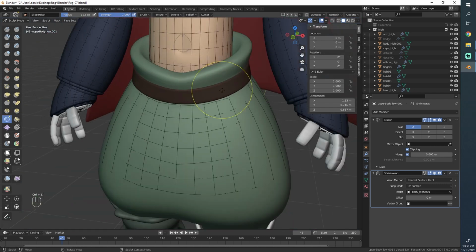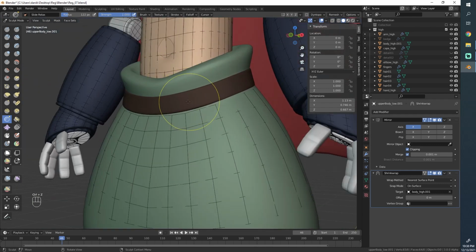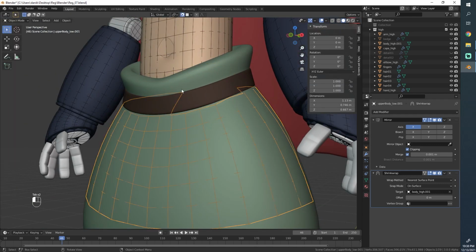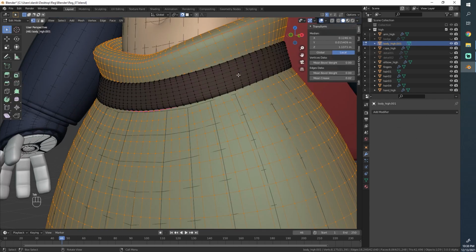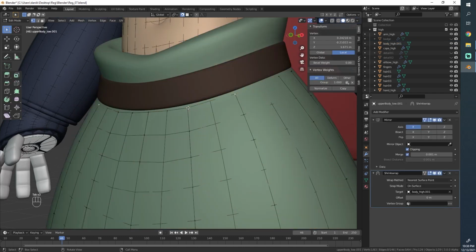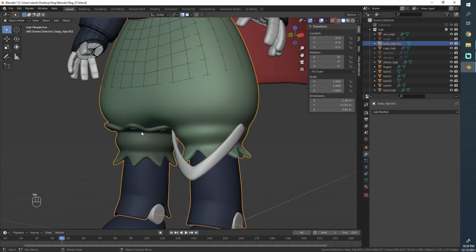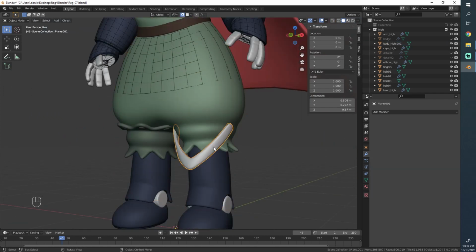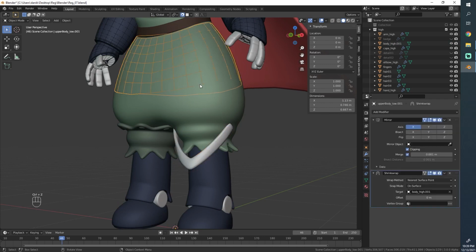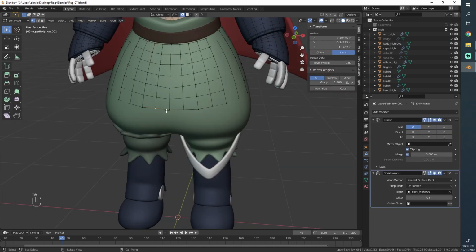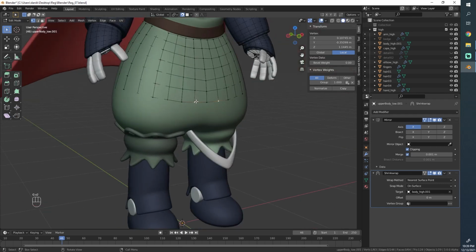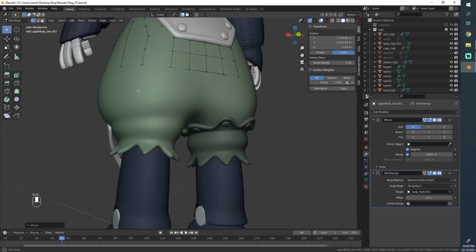You just have to be mindful of the fact that the belt here is a different object, I believe, so it won't snap to that. But we could, oh, actually I was wrong. It's one object, so it will just snap onto it without a problem. But I think down here we have some different parts. Actually not even. Yeah, so it won't be too much of an issue. But if the parts were separated, then you'd have to think a bit about that and do it manually maybe in that section.